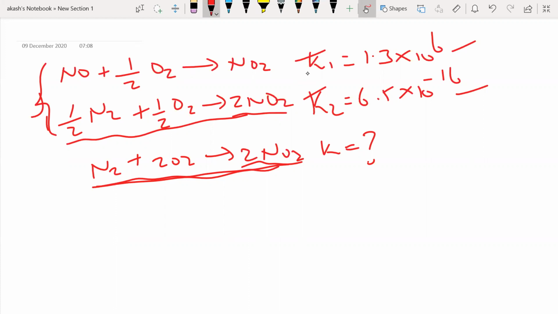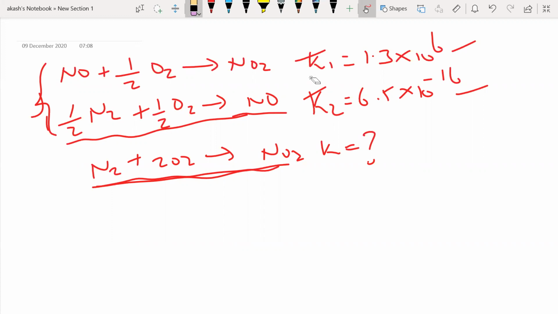Did I give everything properly? Oh, guys, I made a very small mistake. One second. This is NO. I'm sorry. This is NO, and this is not 2. This is only 1 NO. And 2 plus 2. Yeah, now everything is fine. Okay, so everything remains the same. Whatever I told you, the method of approach is going to be similar.